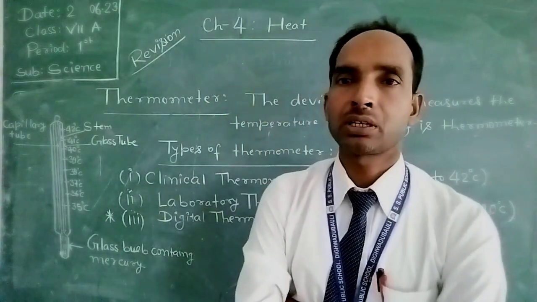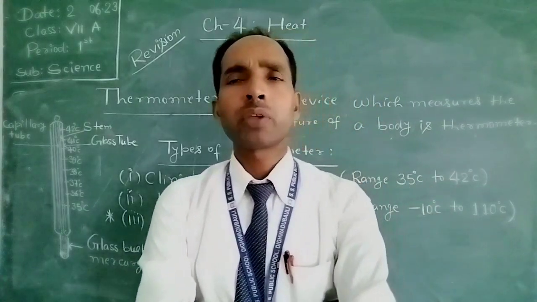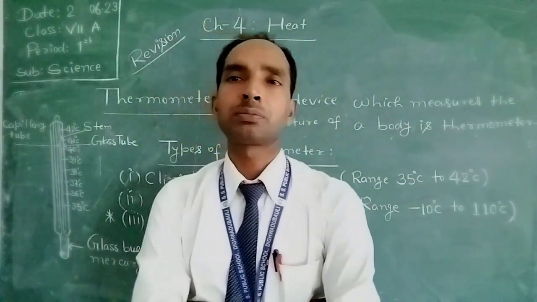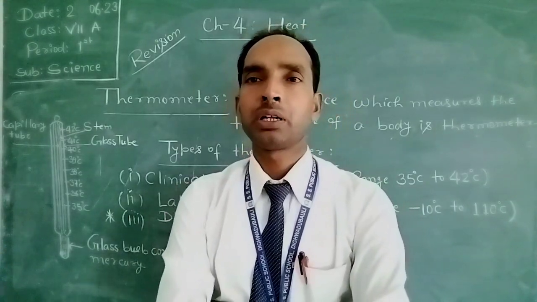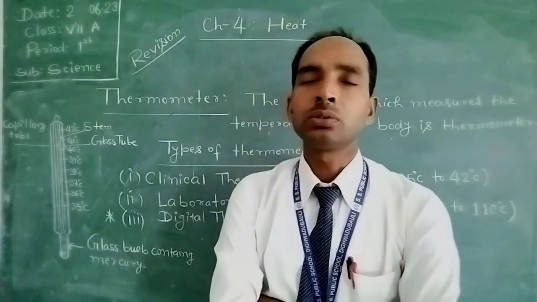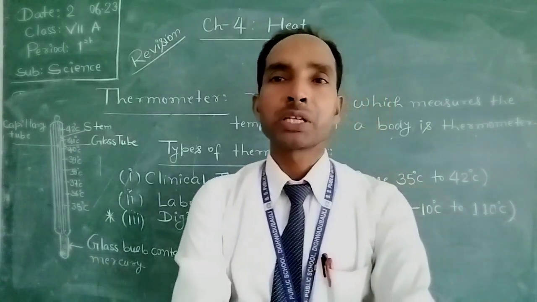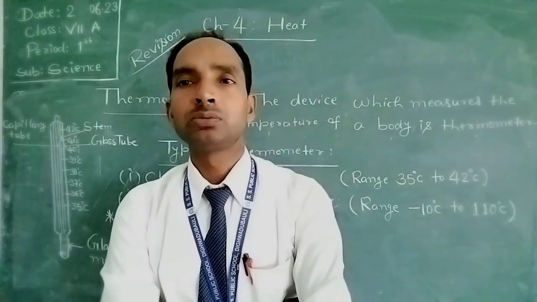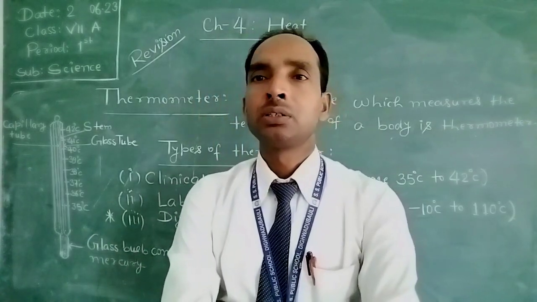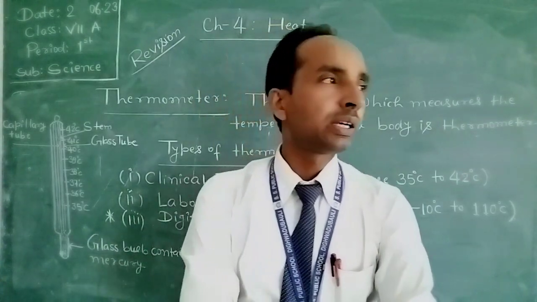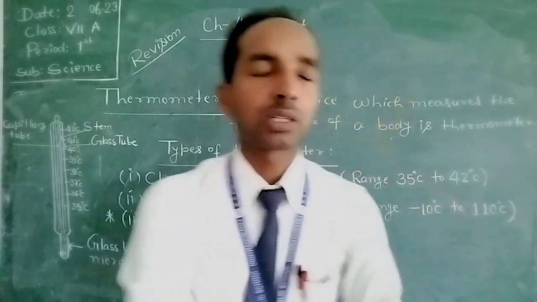Toxic means poisonous. Whenever a clinical thermometer breaks, this toxic substance spreads around us. So this is the major problem, due to which scientists solved this problem and made another thermometer,